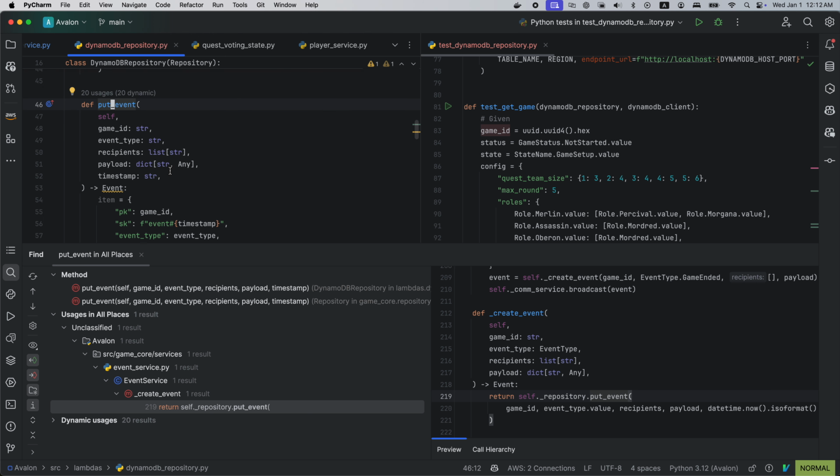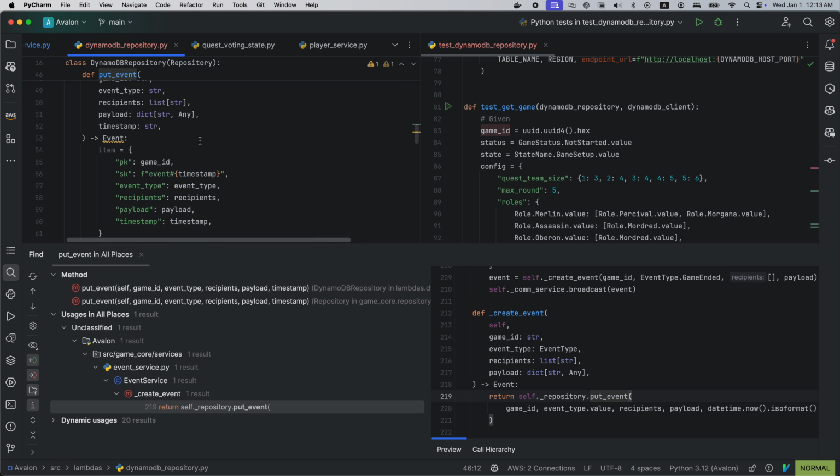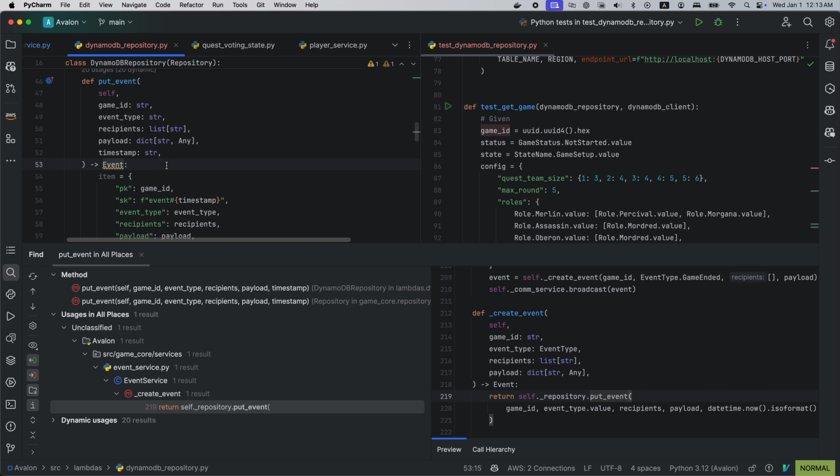So here, even though we're not giving these events IDs, we still want to have an ID.